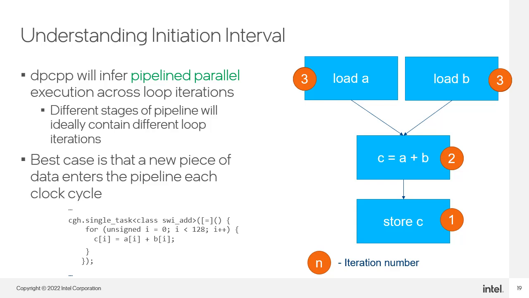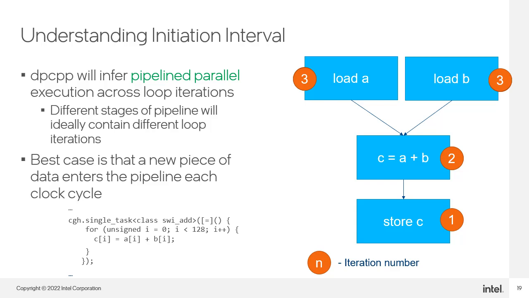The first concept to understand in loop optimization is initiation interval, II. The compiler will infer pipeline parallel execution across loop iterations for your kernel design. The figure shows a simplified pipeline built for the vector addition operation in the example kernel code. There is a representation of the load unit, store unit, and the compute unit. Usually, pipelines that are built consist of hundreds of stages, and these different stages of the pipeline will ideally contain different